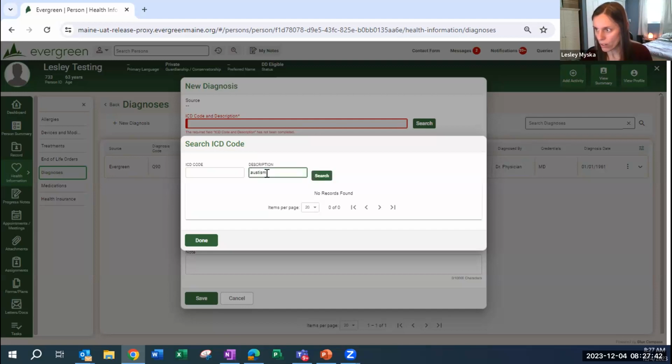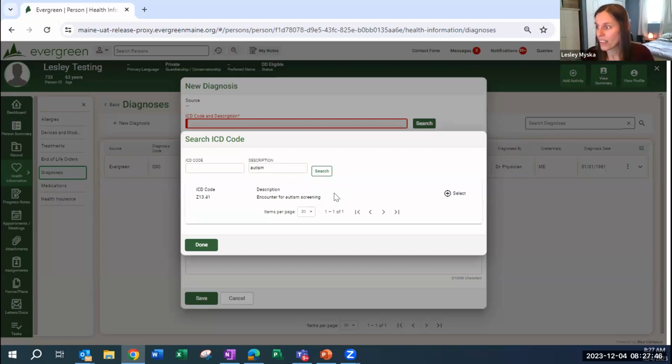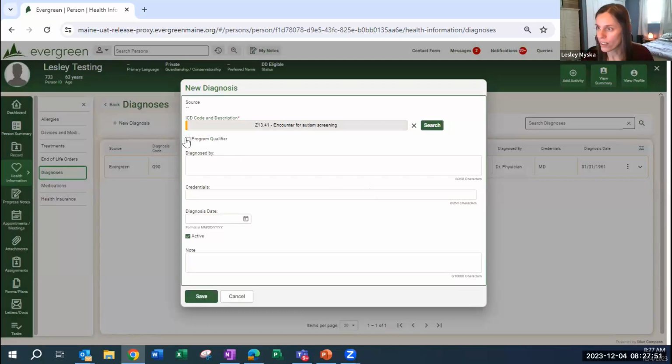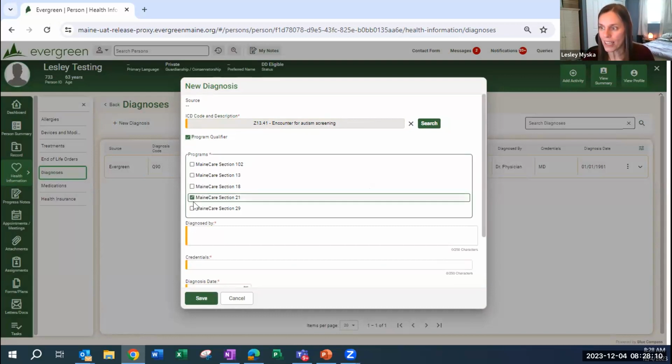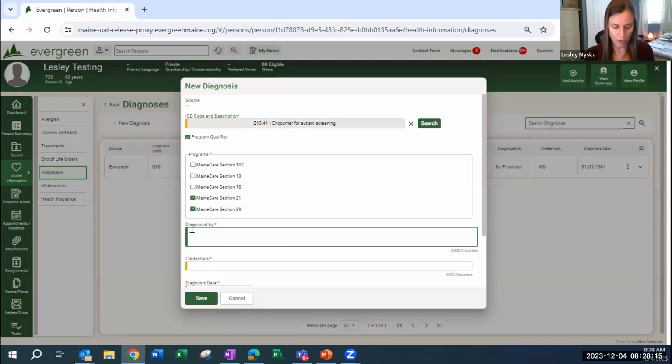It would help if I spelled it correctly, right? And we'll just use this one for the example here. So you do a search, you select the one you want, it will bring it in here. You click on program qualifier if it's a program qualifying diagnosis. If it's not, it's just a regular diagnosis, you don't check this box. But if it's a program qualifying, then you do that, and then you can indicate which programs this would qualify you for. And then you put in diagnosed by,